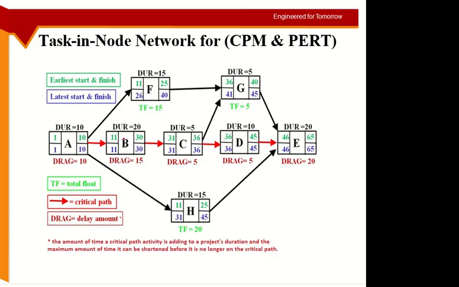If I make activity B 18, in comparison to F and H, it is still the longest activity. If I make it 17, again still the longest. If I make activity B 14 days instead of 20,